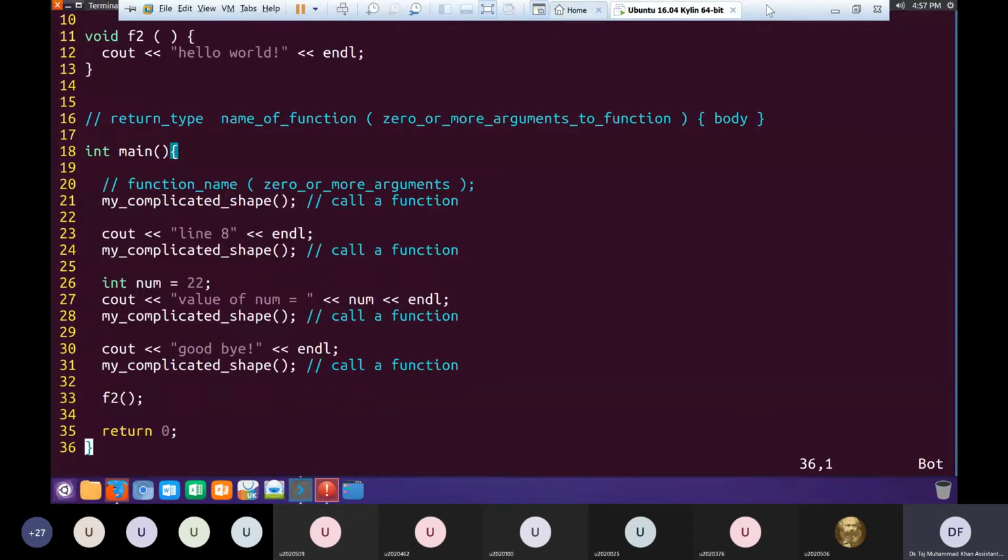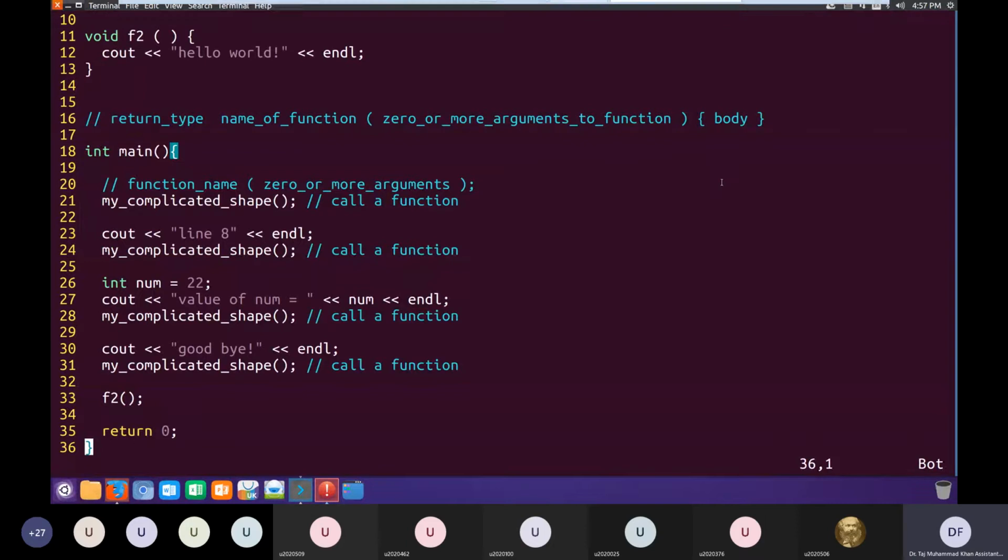Okay, so we can make a function. Let me quit this file and make a new one.